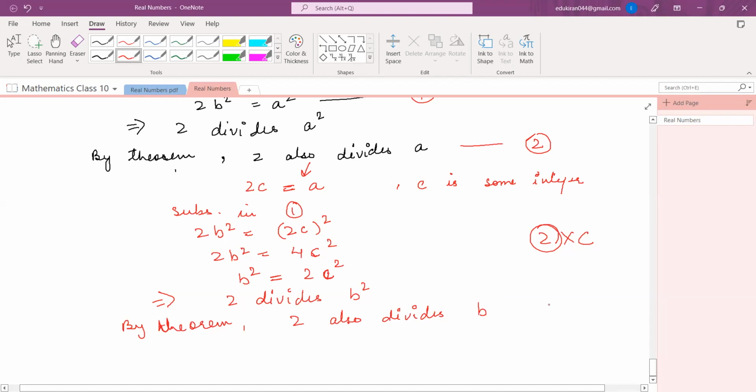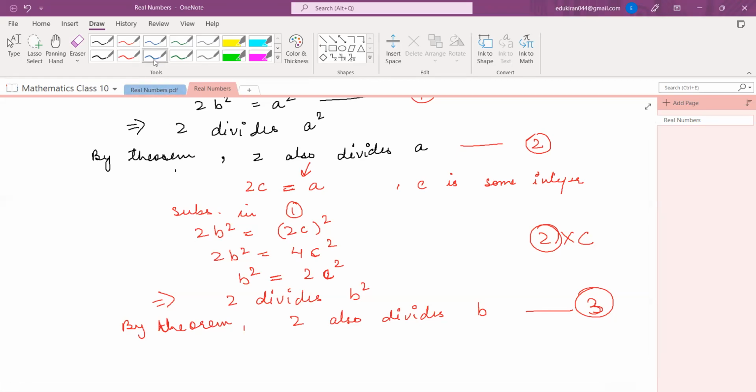Right? So I'm marking this result as 3. Okay. Now 2 is also dividing a and 2 is also dividing b. So 2 is a common factor of a and b. Okay. So from second and third, I can say,